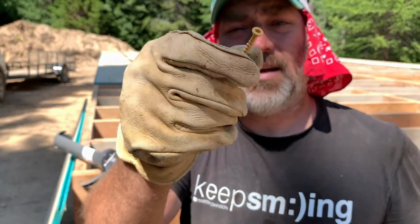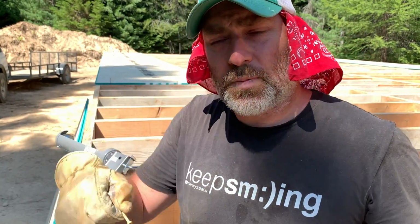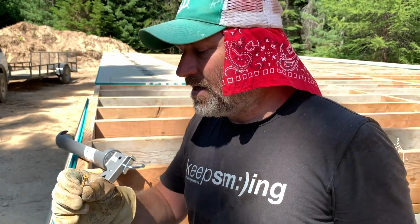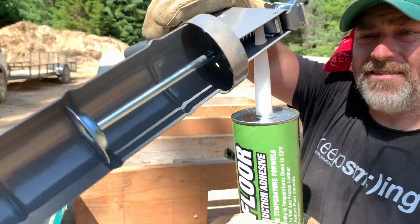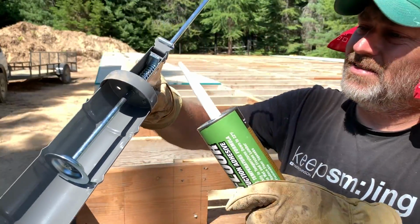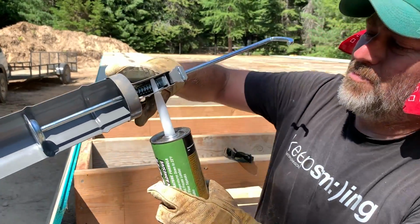And then we're using these fancy screws right here. They do have special screws, right? They come in a strip and you use a special gun. We're just doing it by hand. So we're using these screws and we're gonna start gluing. It's got a cutter on it, right here on the end. Cut it, in case you didn't know that. I'm sure most of you guys probably already knew that. But,